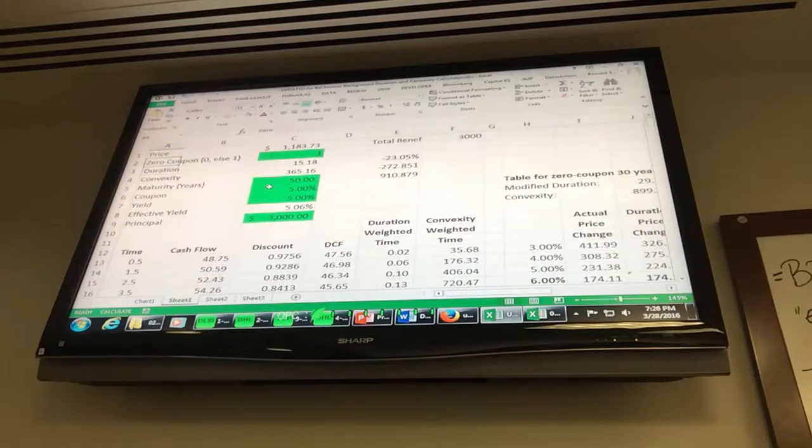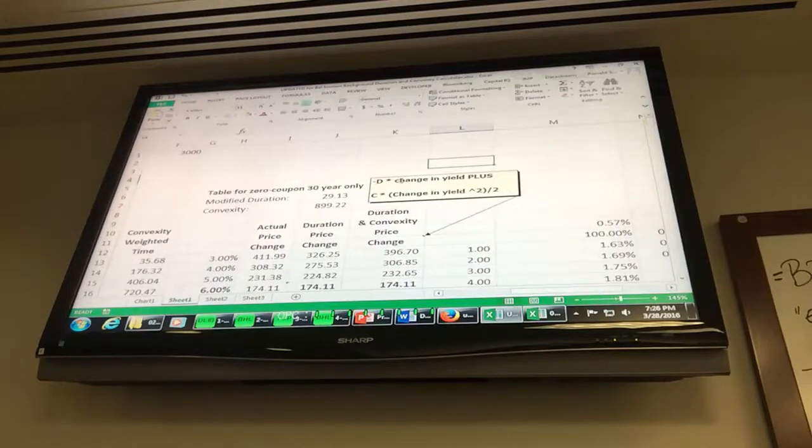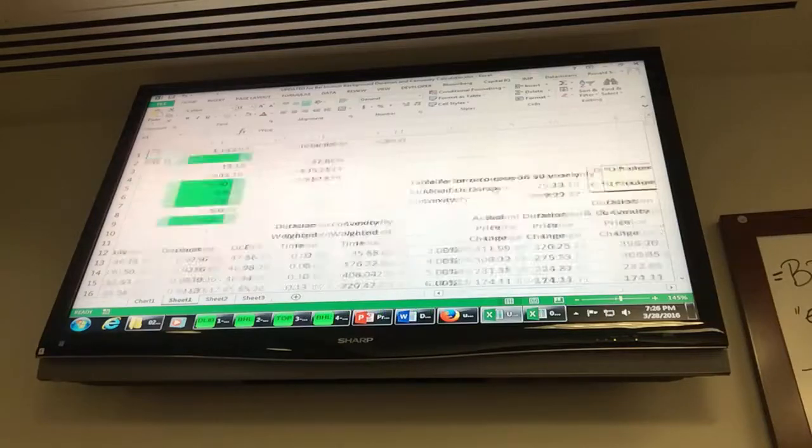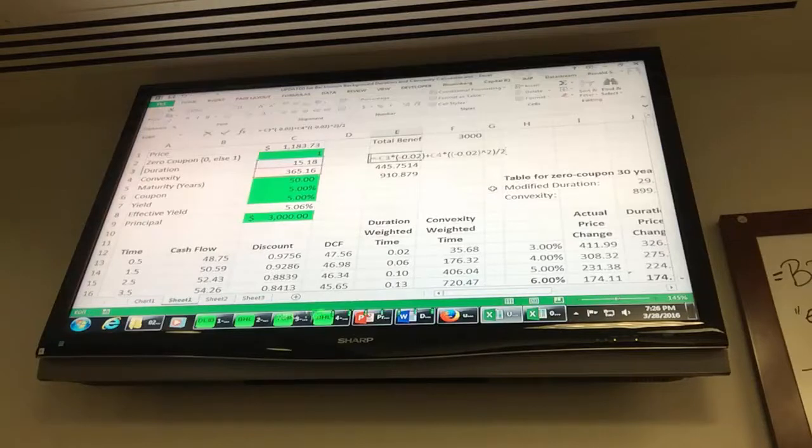So let's say your discount rate is 5%, and there's your liability. You expect to pay out $3 billion over the next 50 years, but in today's dollars, your liability is 1,183. So what would happen if interest rates were to fall 2%? So you use this formula right here. You remember this formula? Minus duration times the change in yield plus convexity times the change in yield squared divided by 2. If interest rates were to fall 2%, I would expect this liability to go up